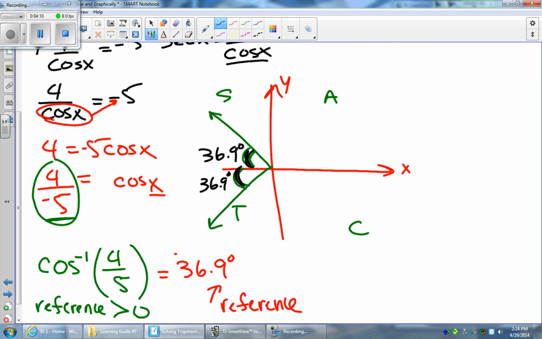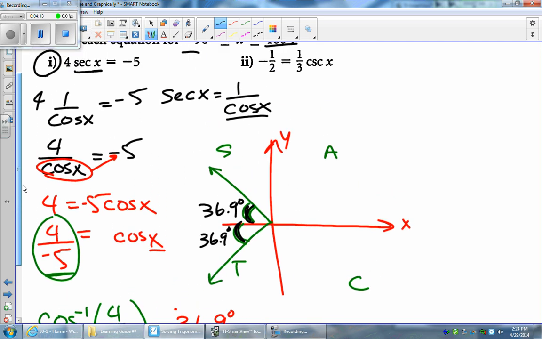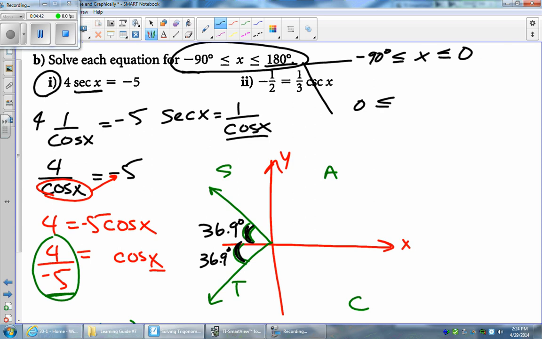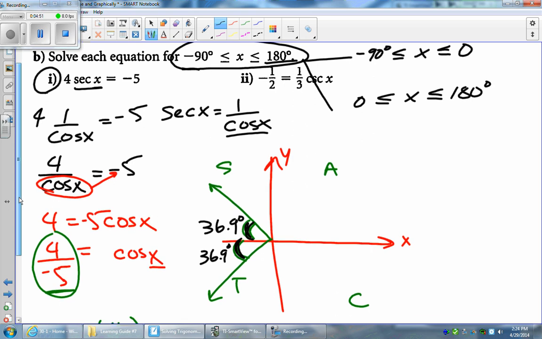Now let's find our solutions. We want to find our solutions in a very specific domain. Our domain looks something like this. At first glance, it looks like a complicated domain to work with, but it's not too bad. So what I do with the domain here is I try to split it up into two cases, one negative, one positive. So my first domain is everything greater than -90 degrees, but less than or equal to 0. So that's my first domain that I need to look at. And then, of course, everything greater than 0 degrees, but less than or equal to 180 degrees. So I just split it up into a negative and positive domain